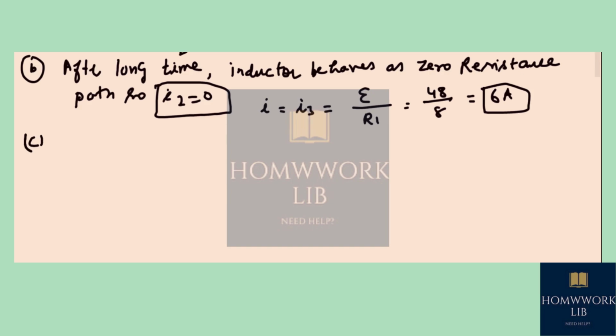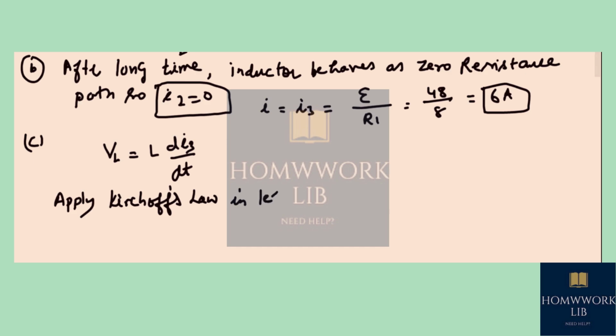C part. The instantaneous potential across the inductor will be L di3 upon dt. Now applying Kirchhoff's law in the left loop,